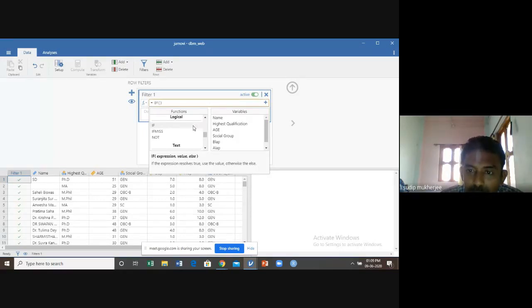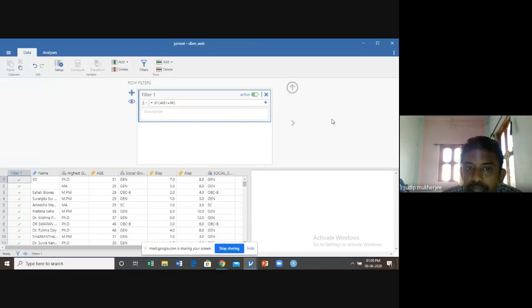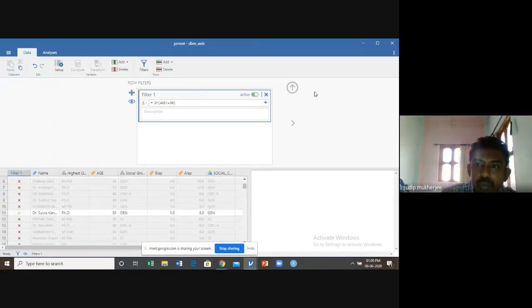I show you: we select this if by double clicking. What is our objective? Our objective is to find out how many participants are below 30 years of age. So select age, and what is the condition? If age is less than or equal to 30.